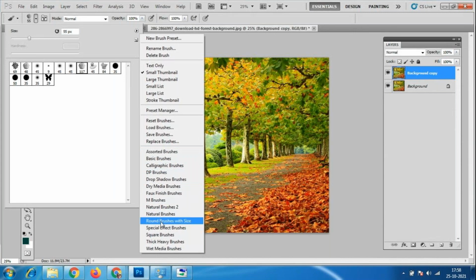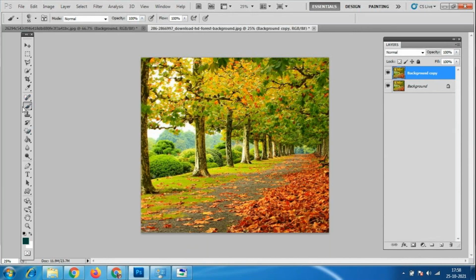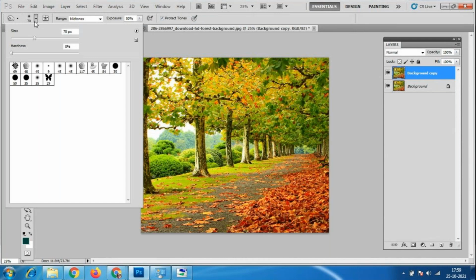Mainly those who come from a painting background, who want to make portrait painting or landscape painting, that time we have to use these brushes. Otherwise, in Photoshop we should always use the brush tool. We cannot use it directly, but indirectly we are using the brush tool. Suppose we take the dodge tool or burn tool, again we have the option of the brush tool. Automatically it is going under the brush tool itself. So we should know what things are there in the brush tool.